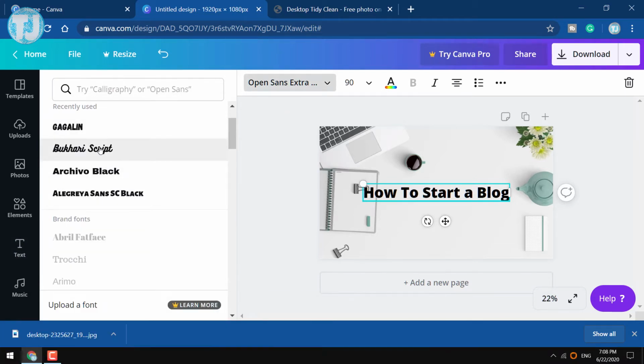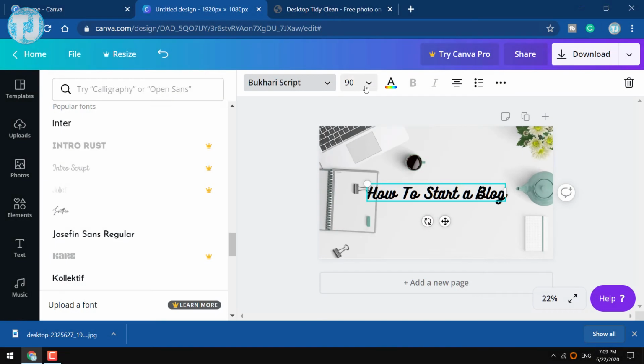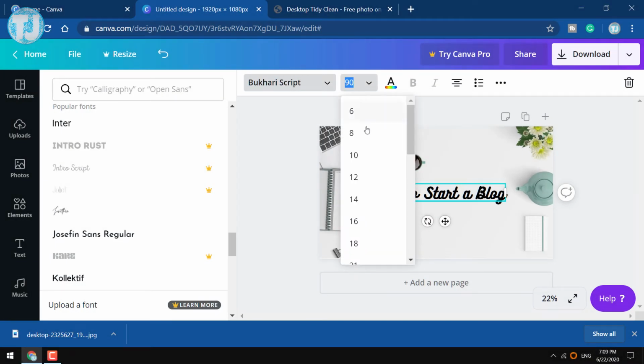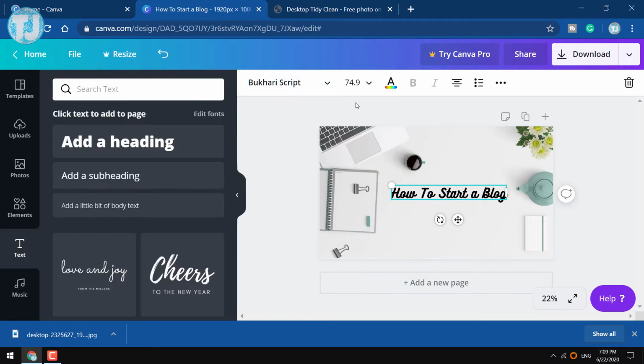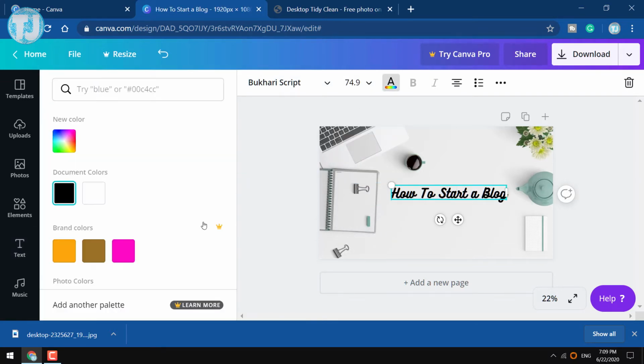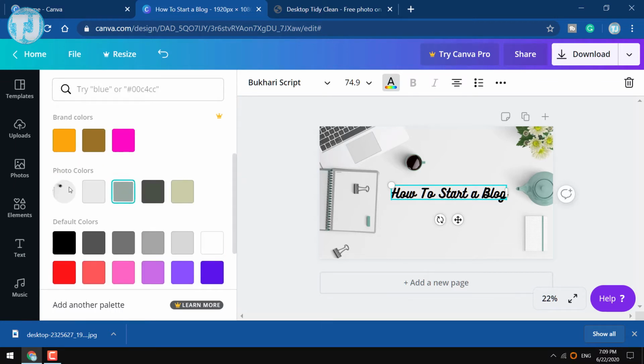And now you will be able to select your desired font. And friends, if you want to change the size of the font, just click on this font size option and now select the size of the font according to your needs. To change the color of the text, click on this A button and choose the color you like to add in your design.